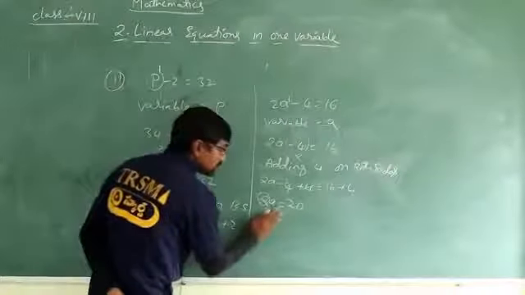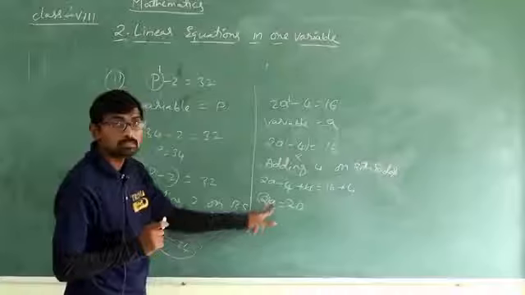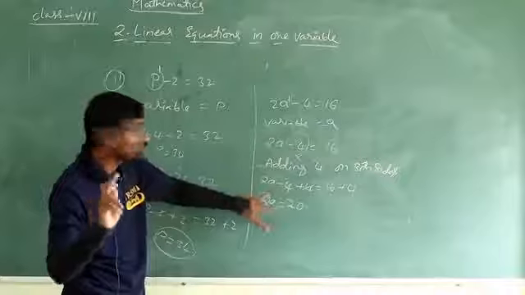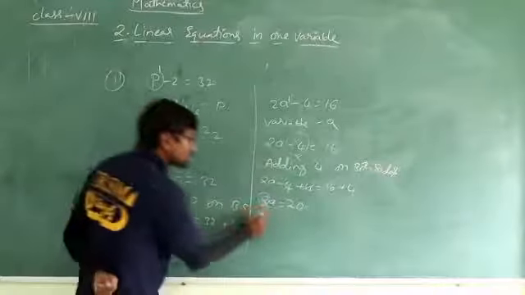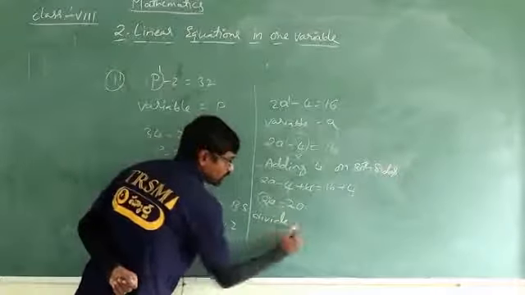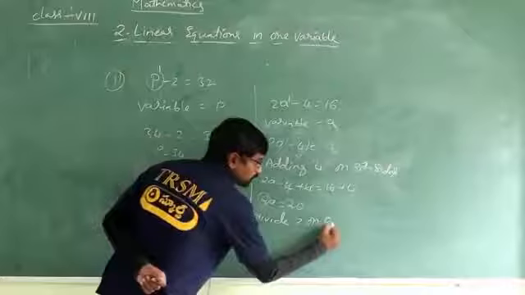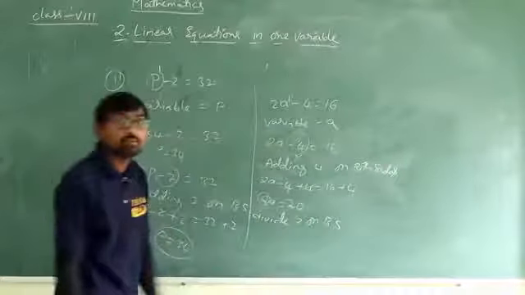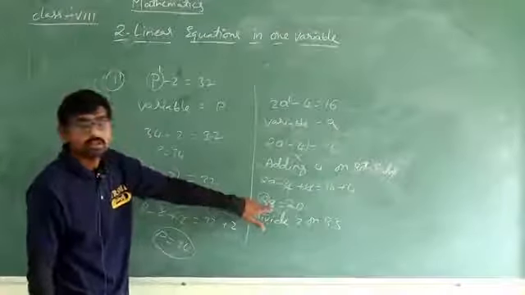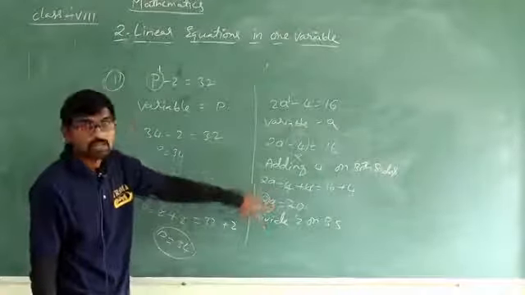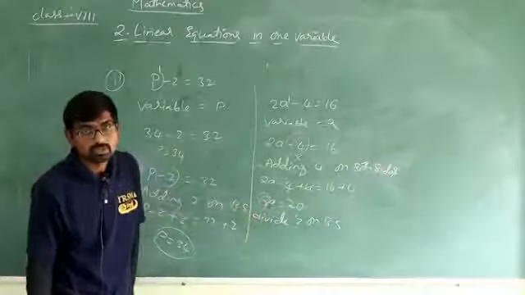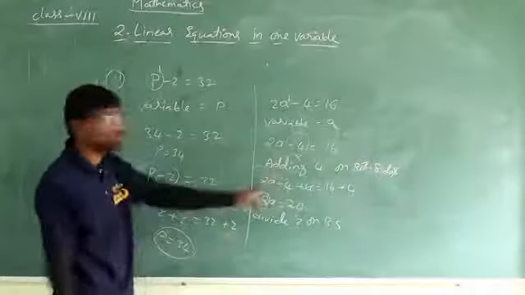So here, I think you have understood. We have a multiplication symbol between 2 and a. These both combined are called one term. 2 is the coefficient of a. Because of that, what you have to do is divide 2 on both sides. Why are we dividing? Because 2 is multiplying with a. So for cancelling that, for finding the multiplicative inverse, we have to cancel that.